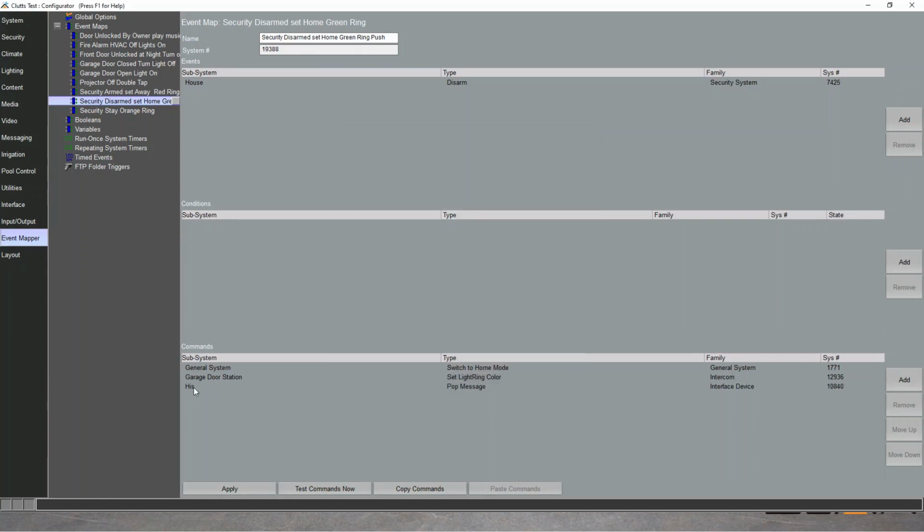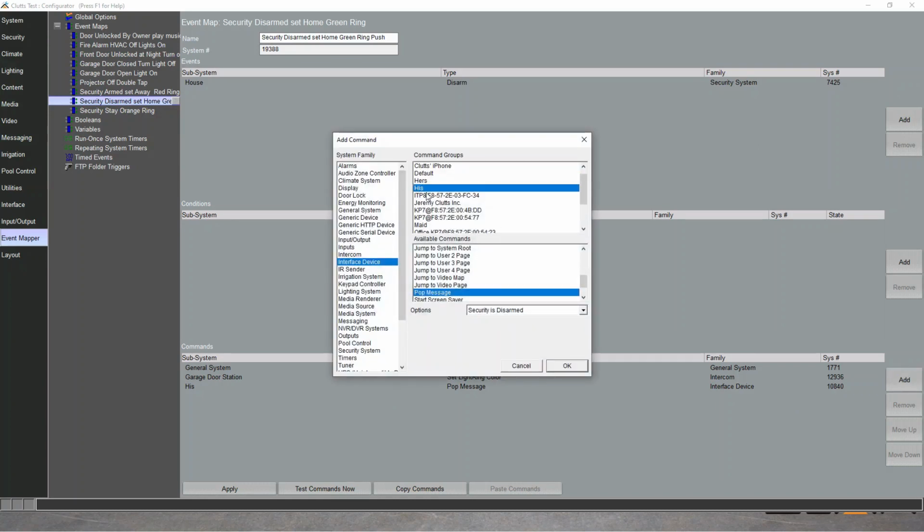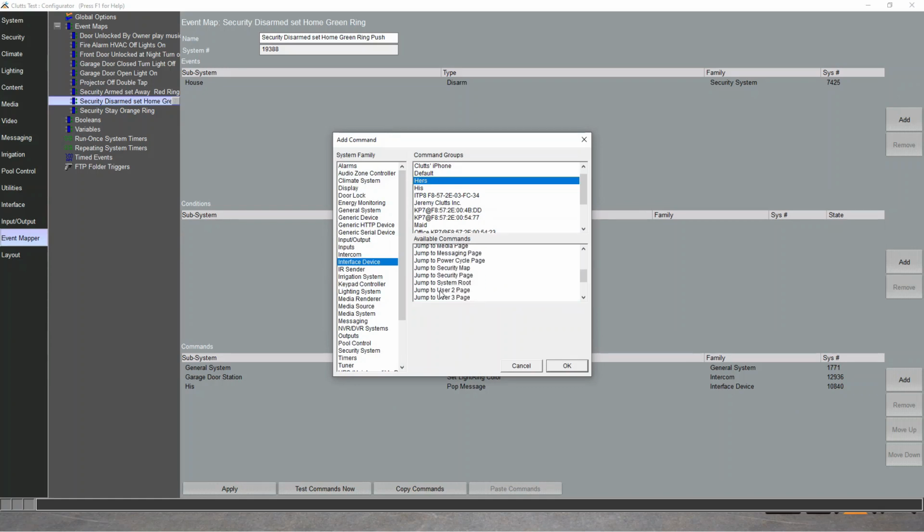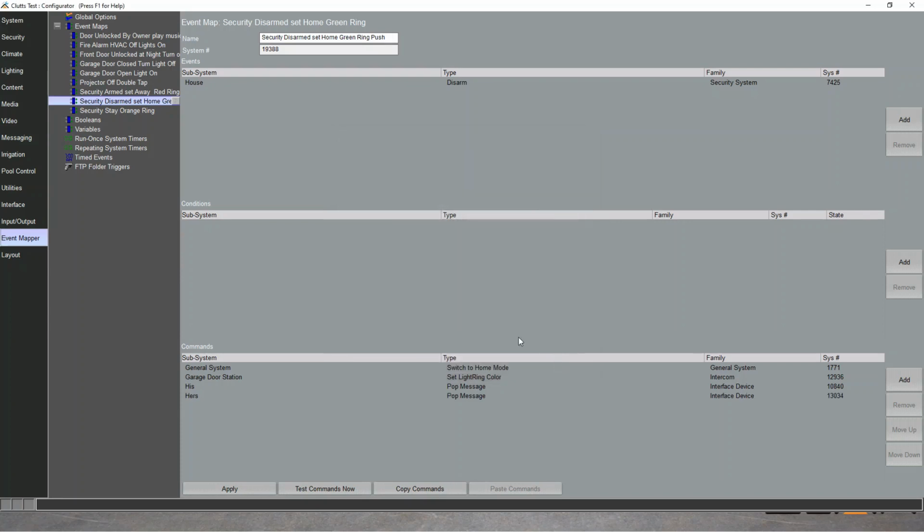Okay, so at the moment, if the security is disarmed, it will send a pop message to his cell phone. Now if we want to add her cell phone, we can do that as well. So we can grab her cell phone, pop message, security is disarmed, and hit apply. Okay? I always love this type of message because you've got 3 different event maps tied in